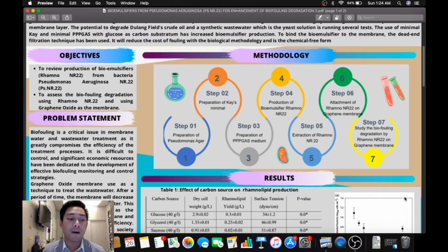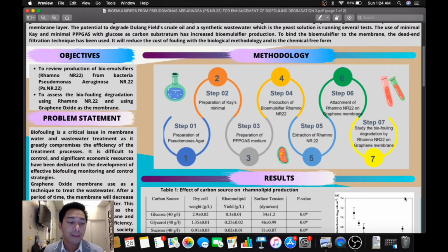In this part, procedures on bioemulsifier from Pseudomonas aeruginosa for enhancement of biofouling degradation will be explained, and the chemicals and equipment required for this research will be introduced also. The methodology was divided into several parts as you can see in the poster. There are 7 steps. The first step is preparation of Pseudomonas agar, which we have to prepare